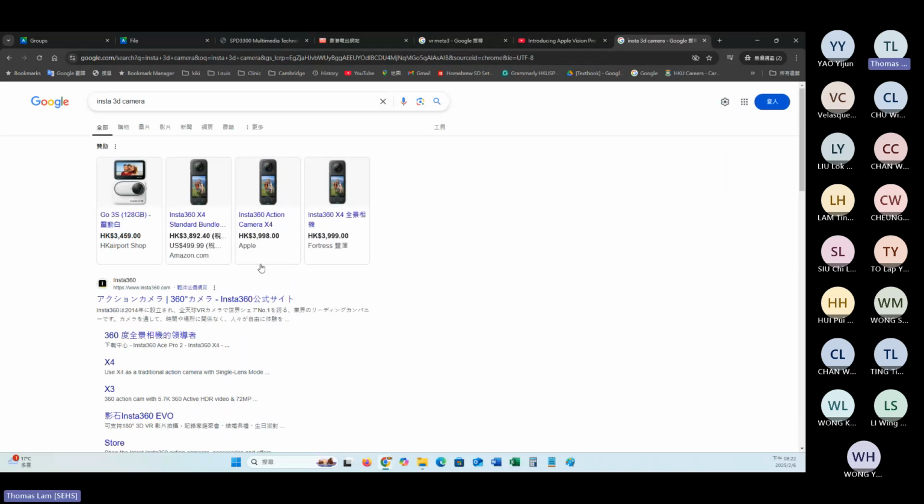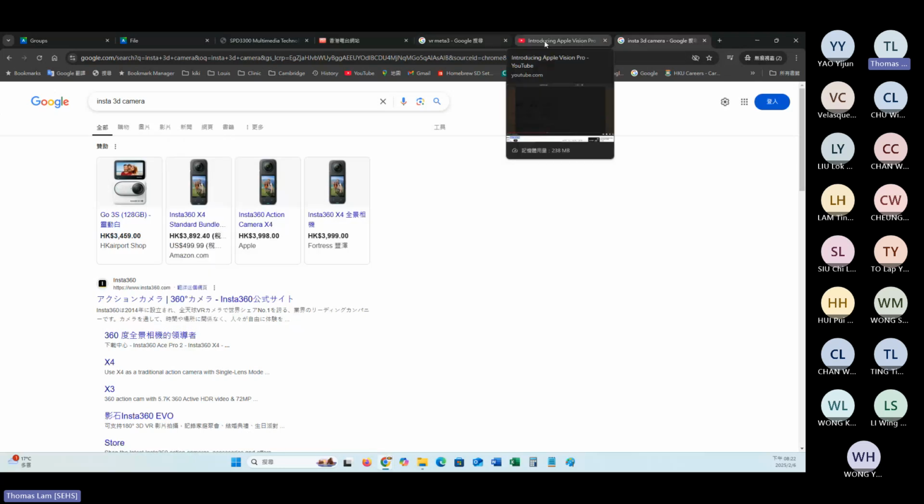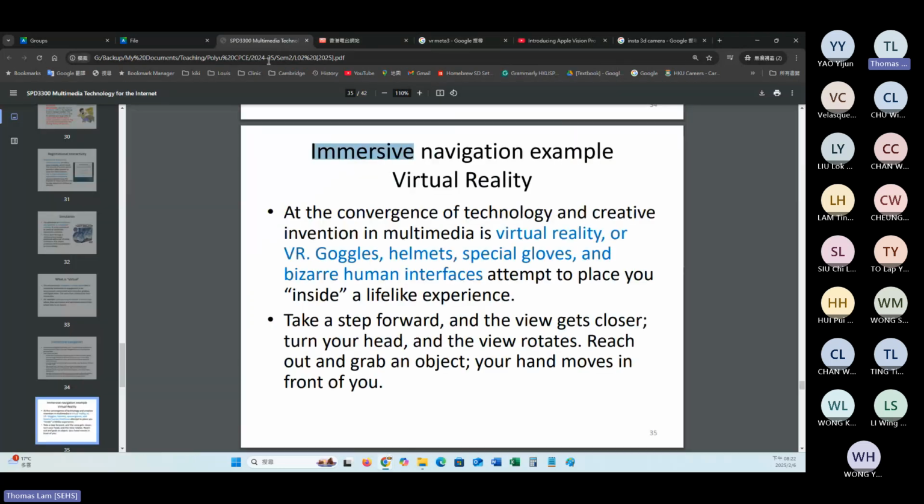So I don't know whether you know this one. Insta360 camera. This is one of the popular cameras that people use to take the 3D image, so that the 3D image or 3D video can be combined into a certain platform, so that it can let you experience the immersive virtual reality.